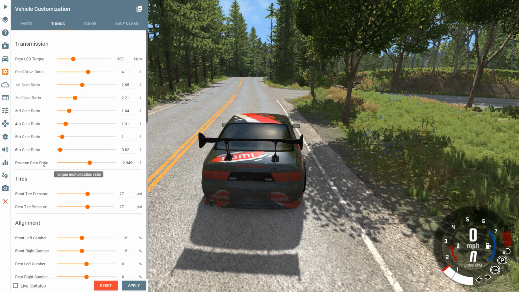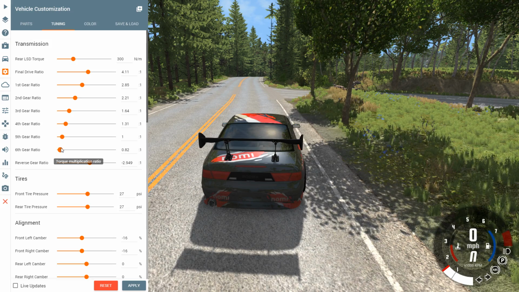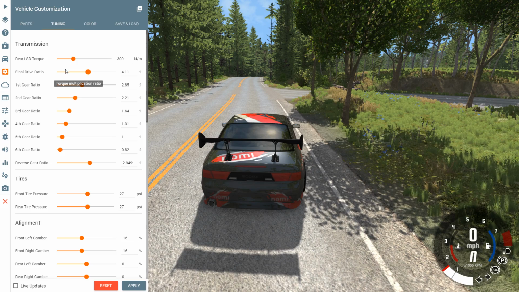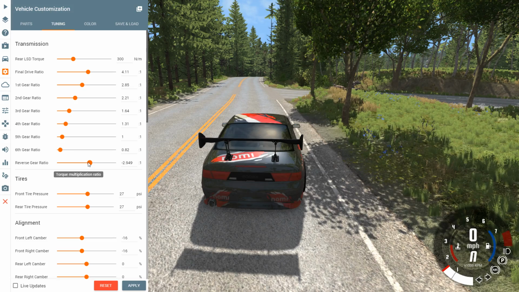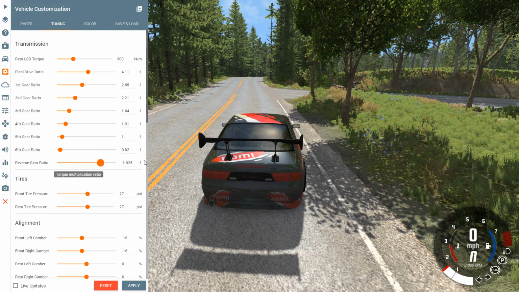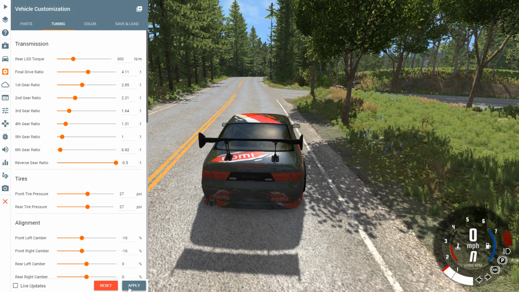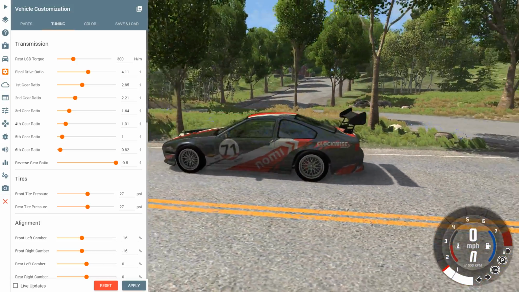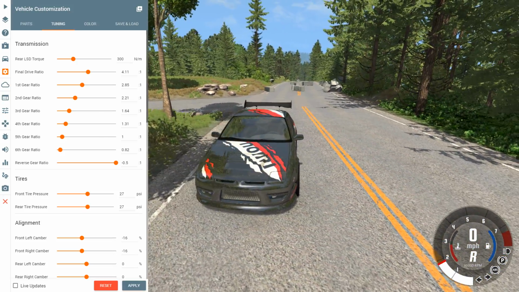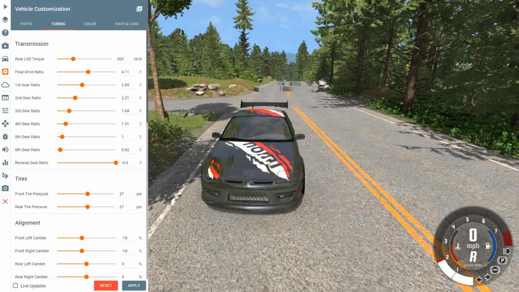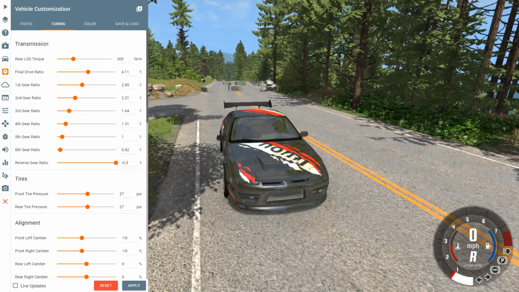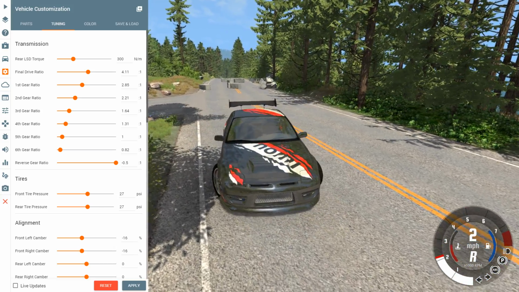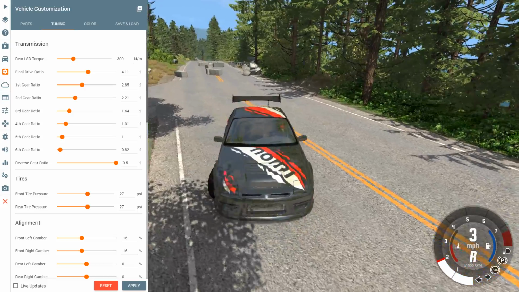You can even do the reverse gear ratio, which is not something you normally see. Normally in games you see, okay, you can change the final drive ratio and gears 1 through 6. Very rarely do you see the ability to change the reverse gear ratio. And what that does is it makes it where you could go at really high speeds or really fast acceleration in reverse. So if we go all the way to the right, it should technically be able to go like 100 miles per hour in reverse or something like that,